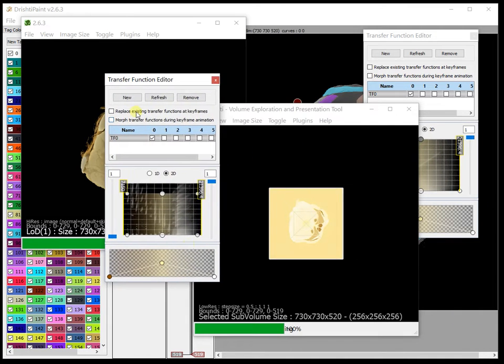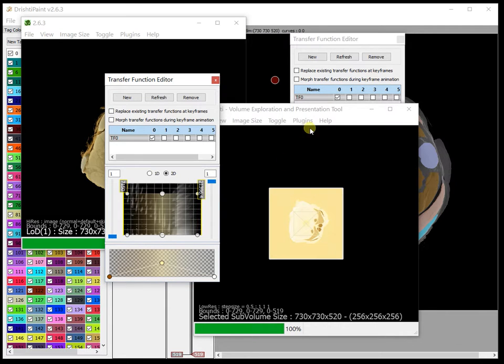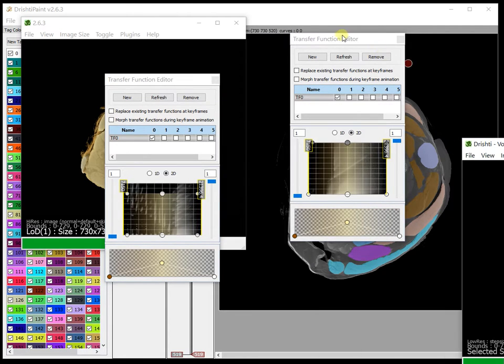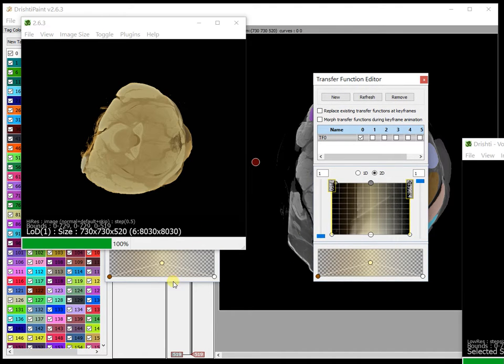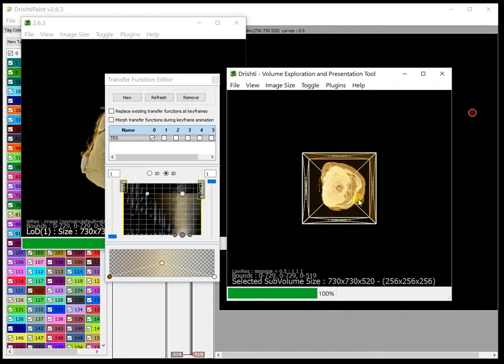Now you can see the difference in the two histograms here. That is where our tomogram is. We have shifted that, and this is where we have the tags. So if I bring it here, press